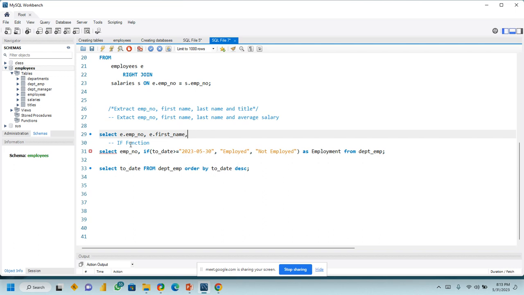We have E dot last name, last underscore name,